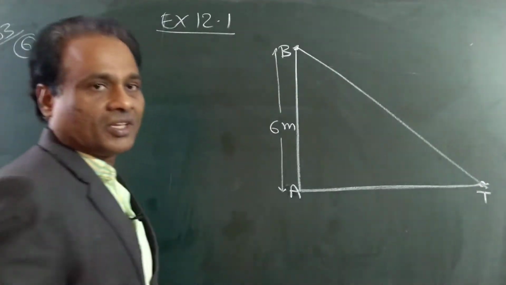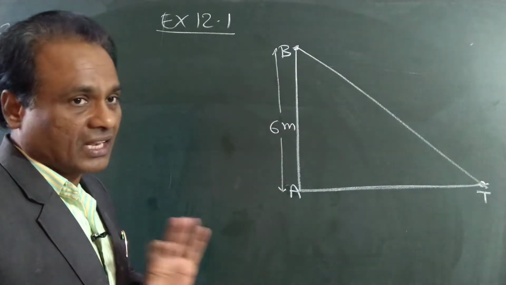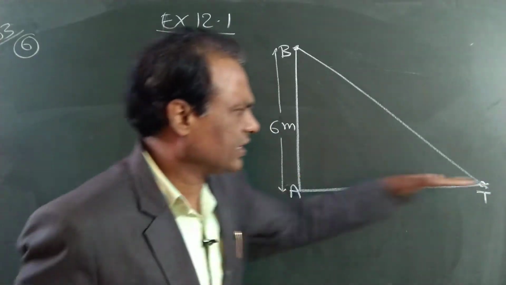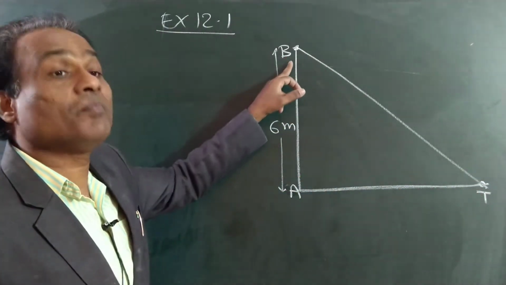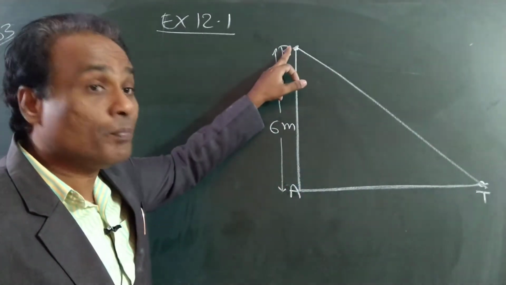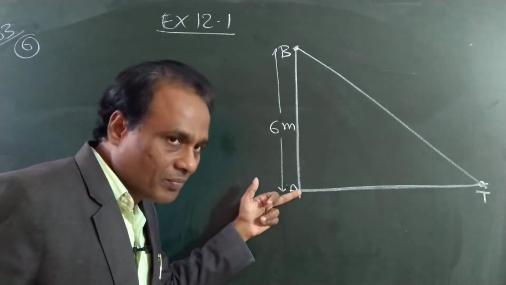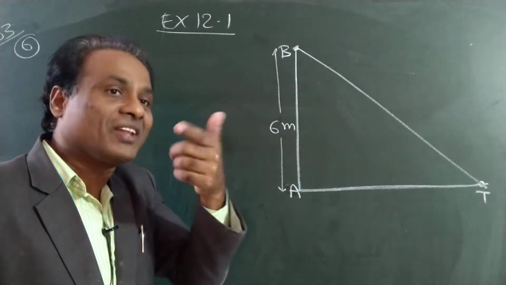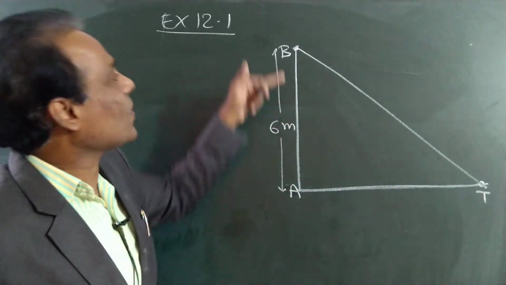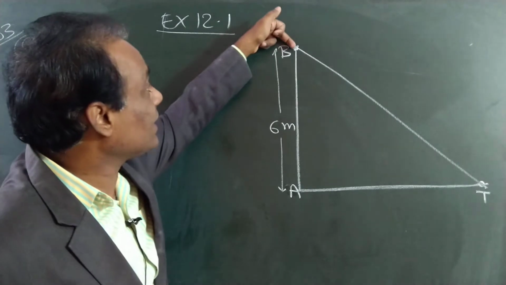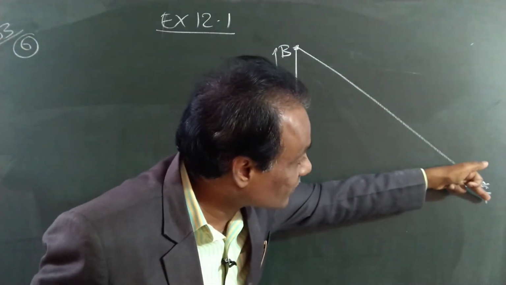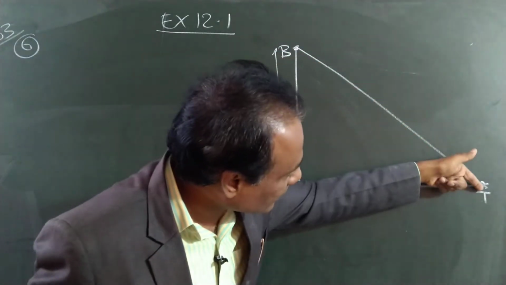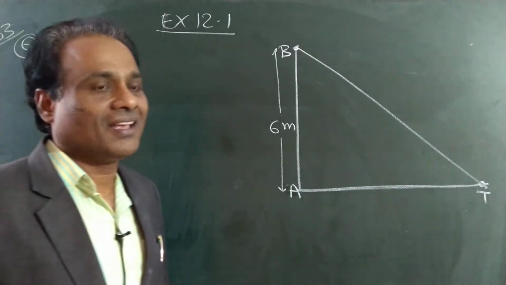First, you see all the lines. What is AT? This is the ground, horizontal ground. AB is the building. This is the foot of the building, the base. This is the top of the building, where you are standing. From here, you are shooting the target. This is the target. This is you. You are hitting the target on the ground. Now,